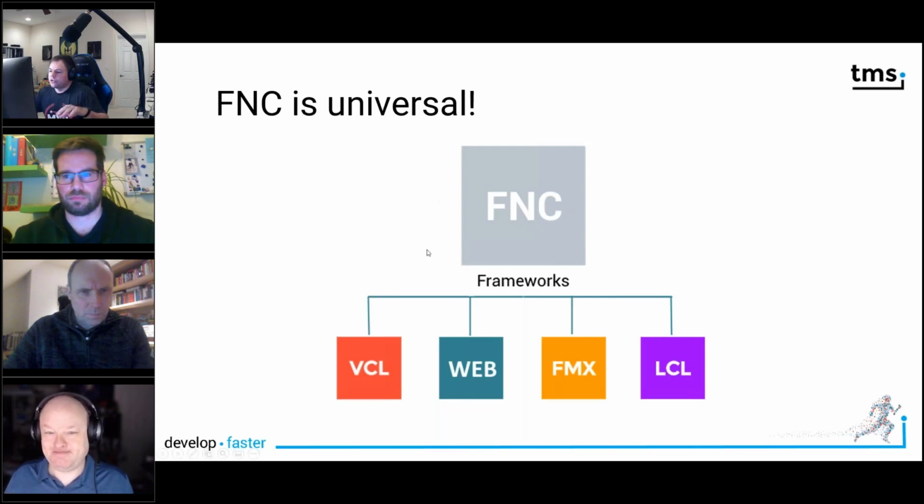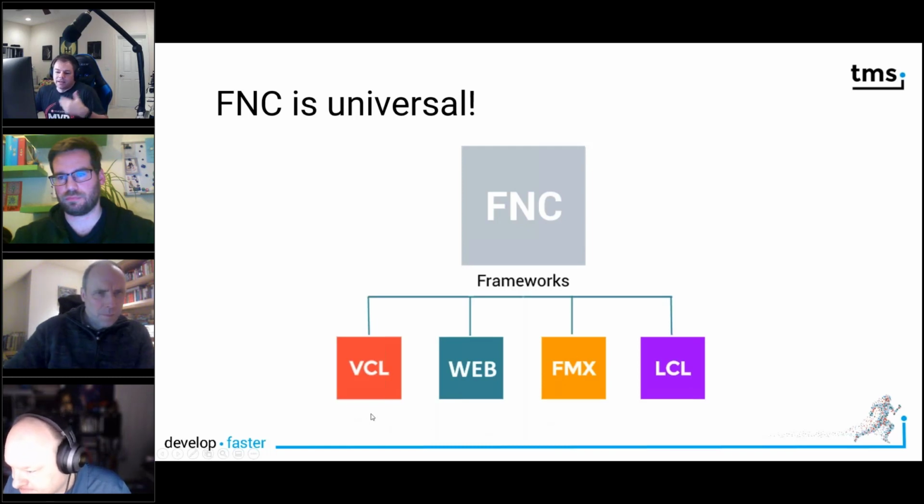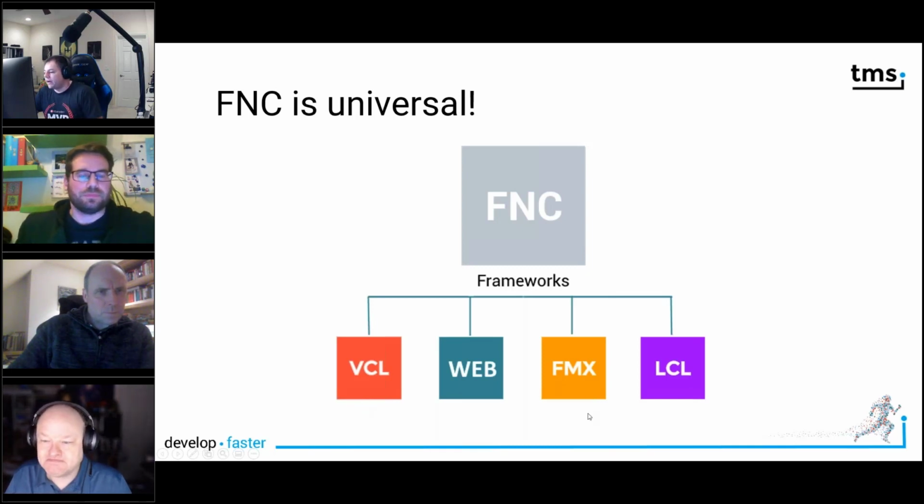you have the, and I'll show it soon, the controls on your tool palette in Delphi, you can drop the very same component in all the different frameworks, which means you have the same properties, the same events, and the same methods in all of the frameworks, which makes development much more efficient because you only have to learn each control once. Not like, because there's subtle differences between all the different frameworks, as we know, like the VCL has different properties for font than FireMonkey, and